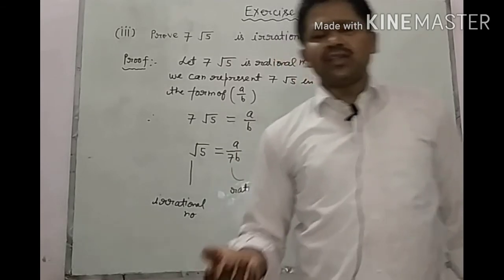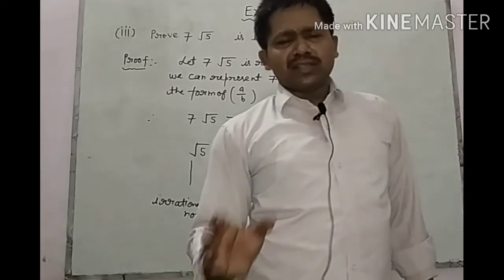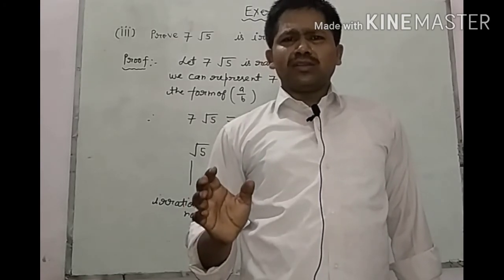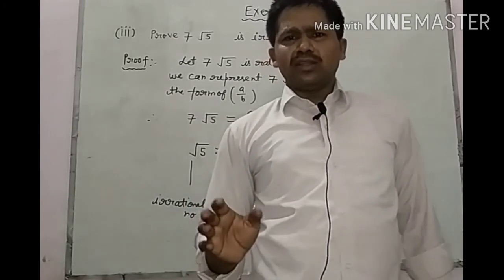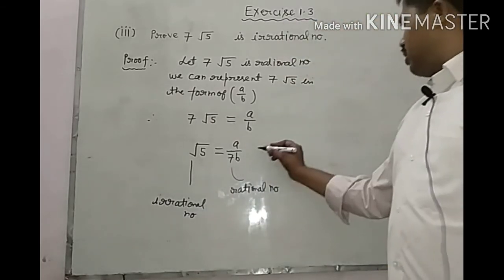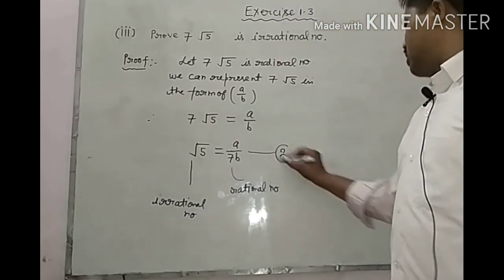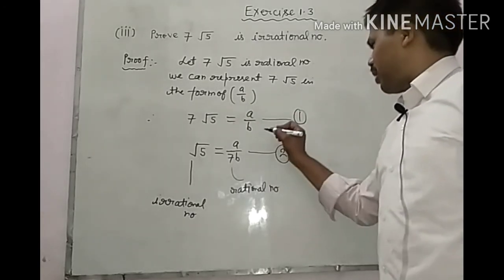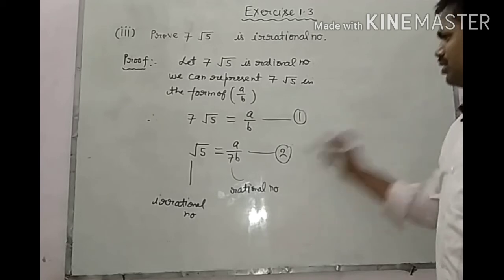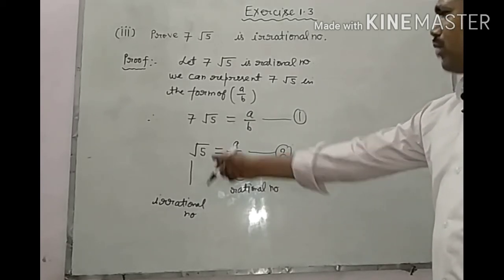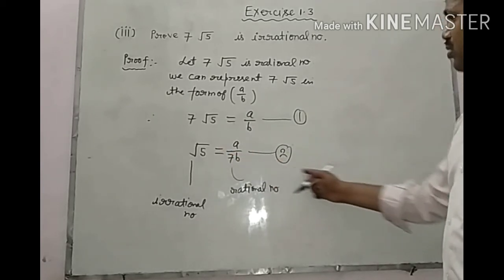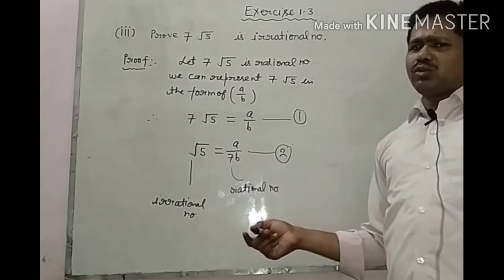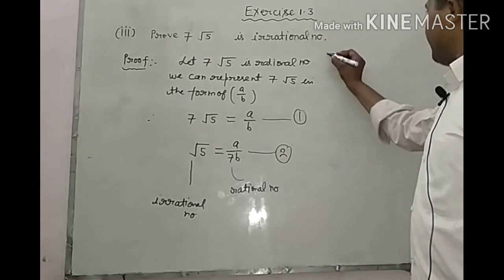Students, we know that a rational number and an irrational number are never equal to each other. Therefore, equation number 2 is wrong. Equation 7 root 5 equal to a upon b is equation number 1 we considered, and further root 5 equal to a upon 7b is equation number 2. Since an irrational number and a rational number cannot be equal to each other,